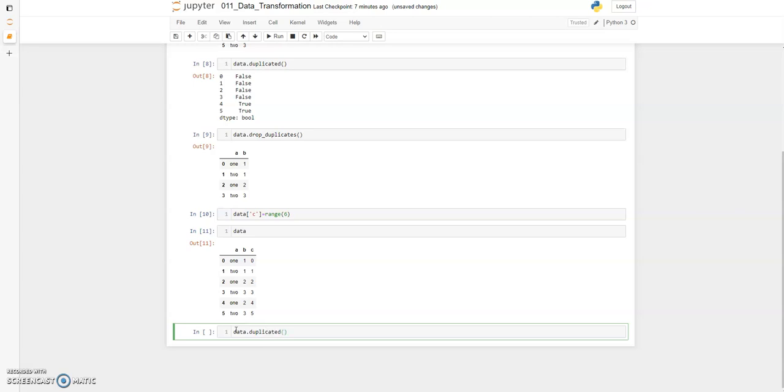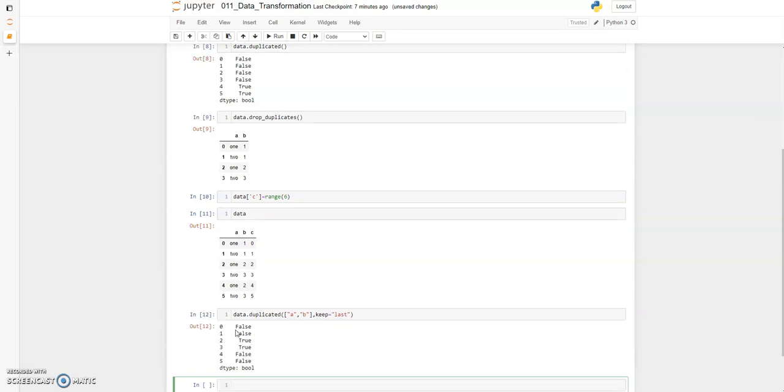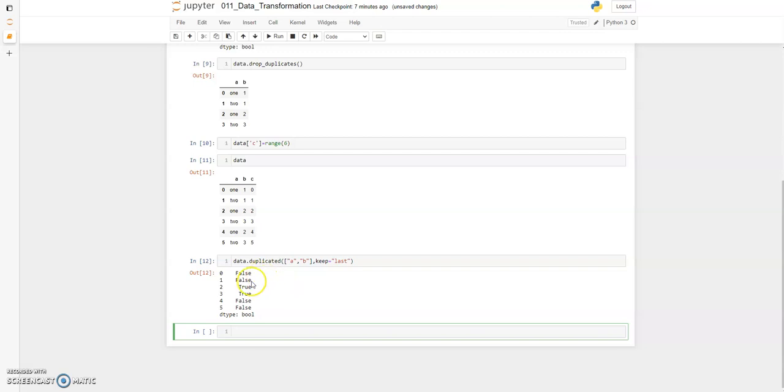I would like to check the data for the columns A and B. Now here there is another parameter called keep last. By using this parameter I can check the duplicated values from the last rows. Now if I execute this, you can see